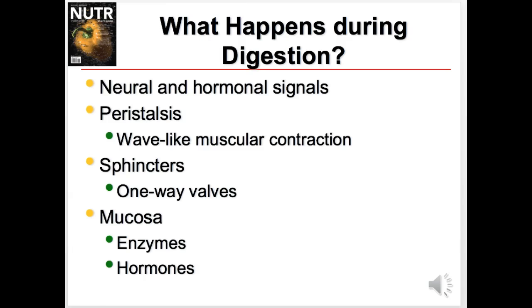So what happens during digestion? The digestive system is a series of hollow organs joined in a long twisting tube from the mouth to the anus. Inside this tube is a lining called the mucosa. In the mouth, stomach, and small intestine, the mucosa contains tiny glands that produce juices to help digest food. Two solid organs, the liver and the pancreas, produce digestive juices that reach the intestine through small tubes. In addition, parts of other organ systems, for instance your nerves and your blood, play a major role in the